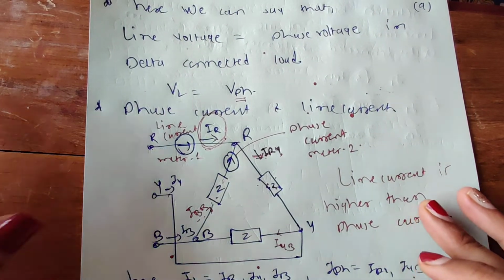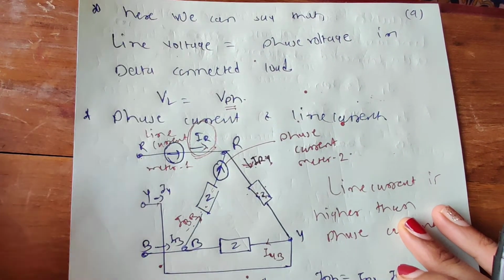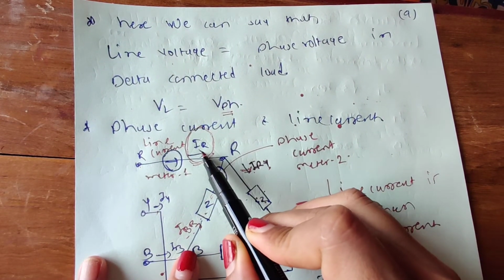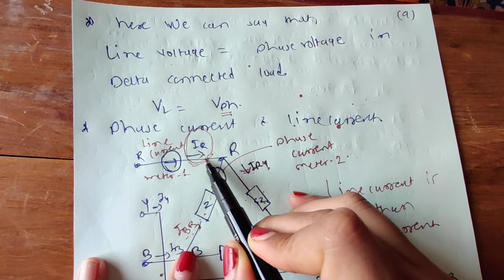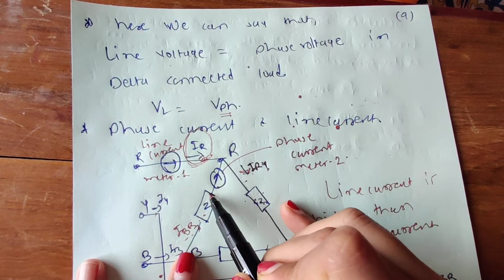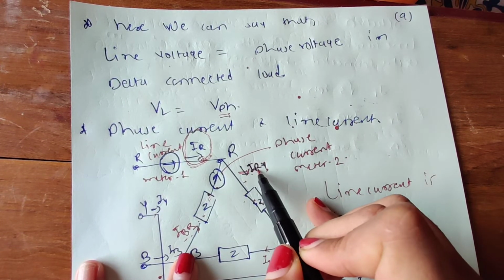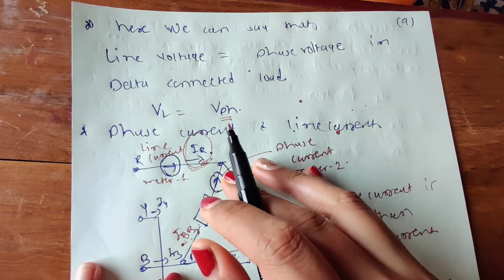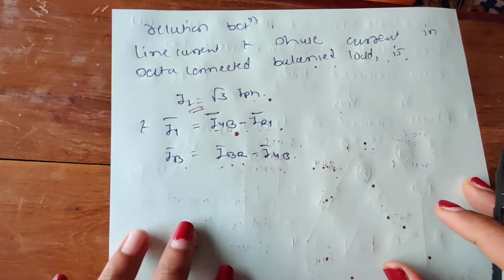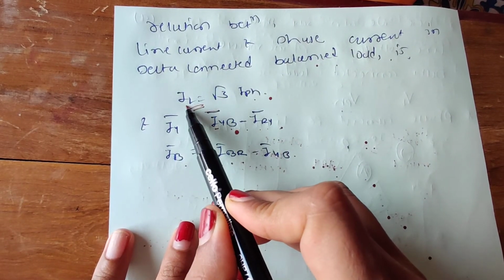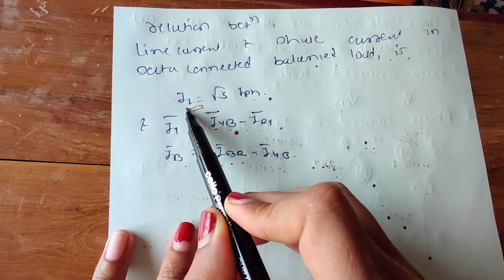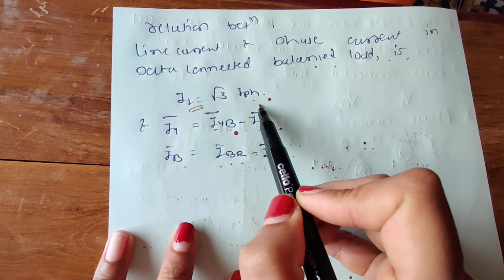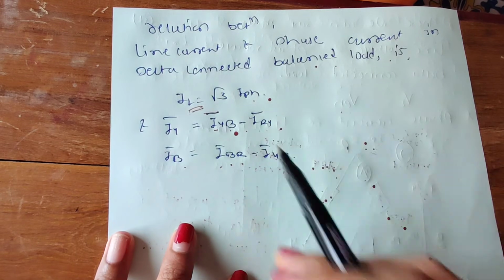Hello students, in continuation with the previous theory, now we want to derive the expression of a line current I of R. We know that I of R divides into two different parts. By considering IRY and IRB, we can rewrite the equation for IR. As discussed in a previous lecture, the line current I of L is nothing but your I of R, that is root 3 of IPH, which we need to derive and prove.